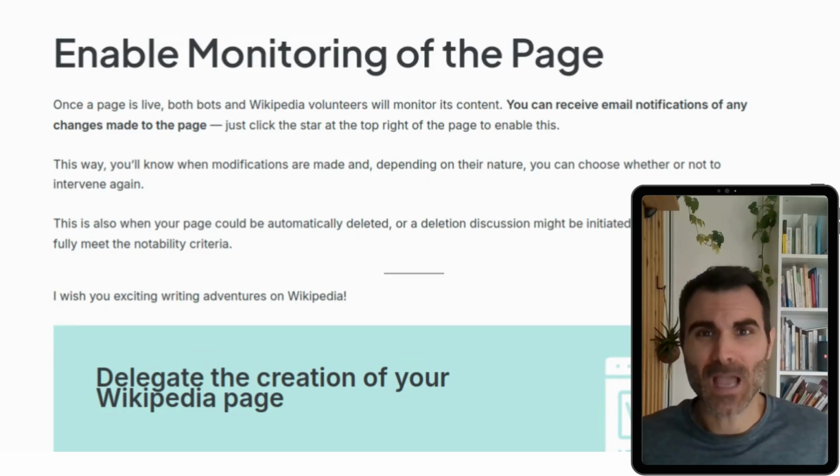And there you have it, a complete step by step guide on how to create a Wikipedia page for an author. Remember, Wikipedia is all about adding value to the public domain with accurate, well sourced information. And that's why it's important to follow these steps carefully. Focus on quality and always stay transparent.